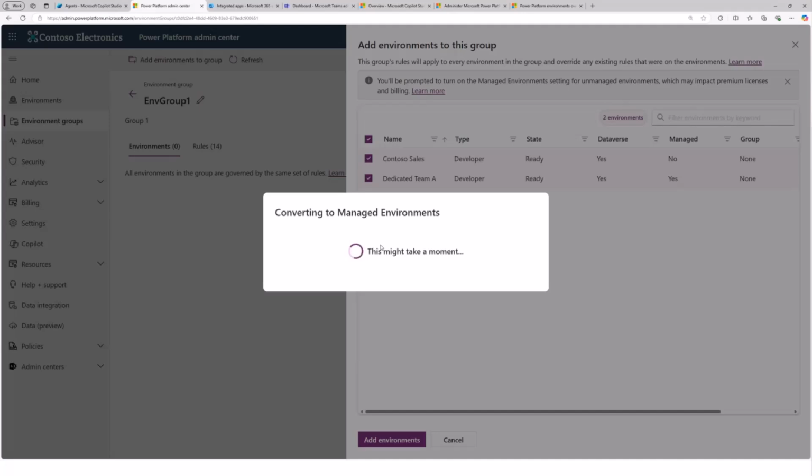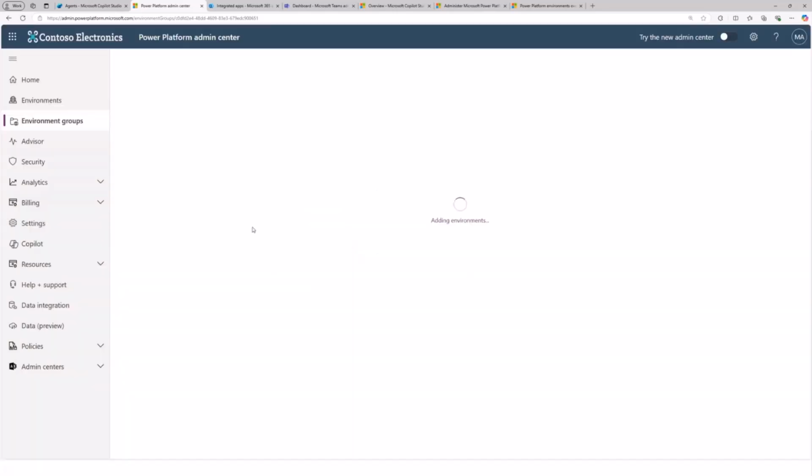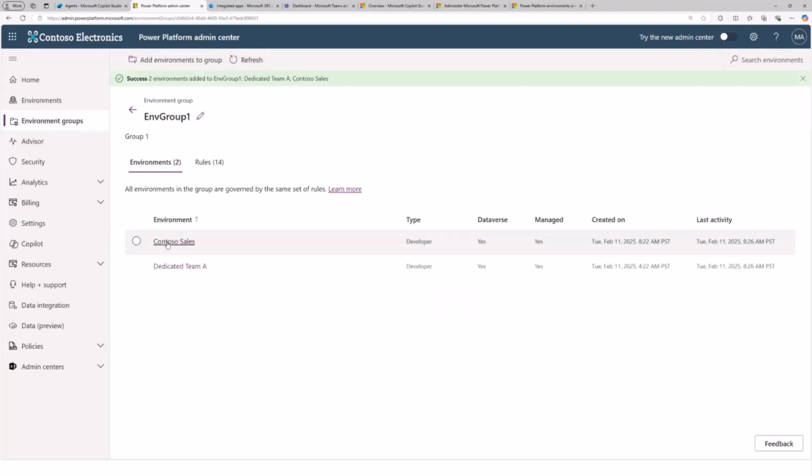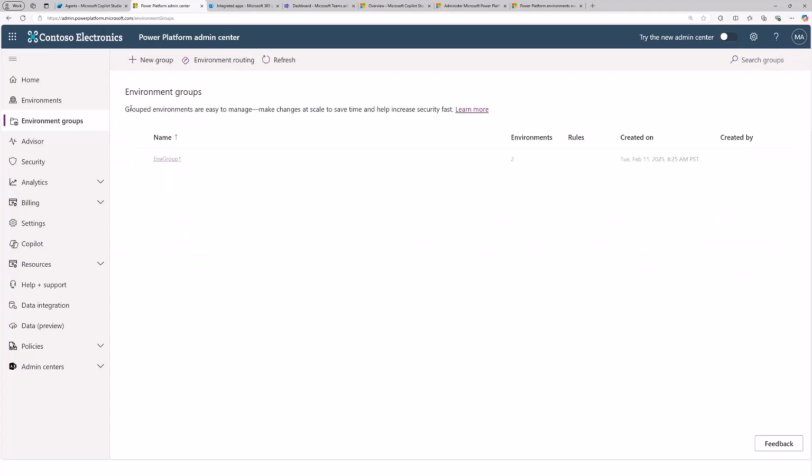And then it will be added into that group, right? So once it has been converted, you can add it to a group, and now you have an environment group which contains those two environments. If you refresh it, you'll see that. So that's how you do it.